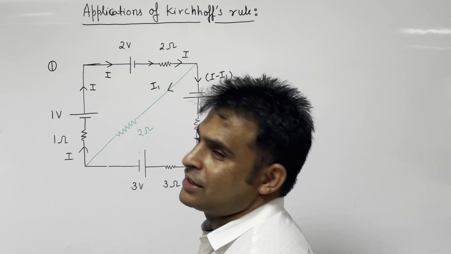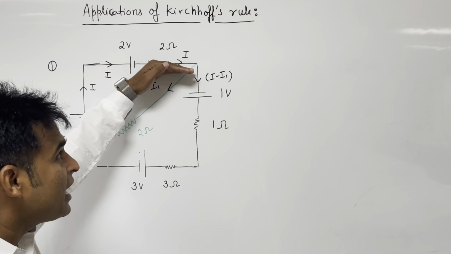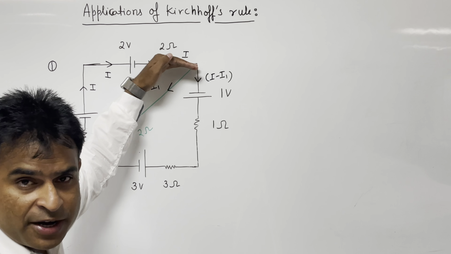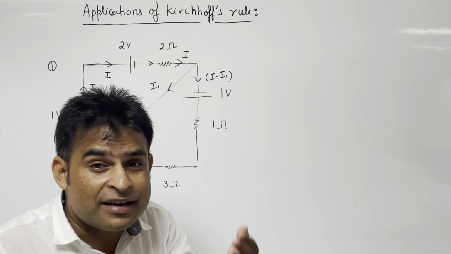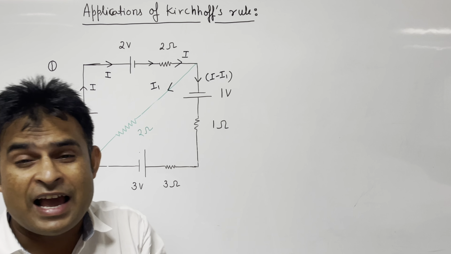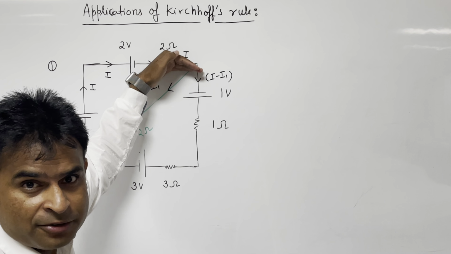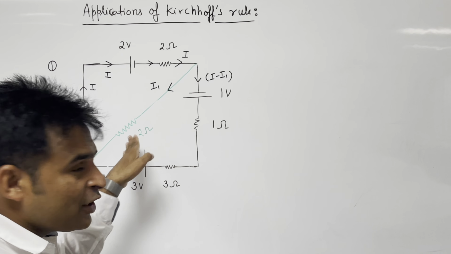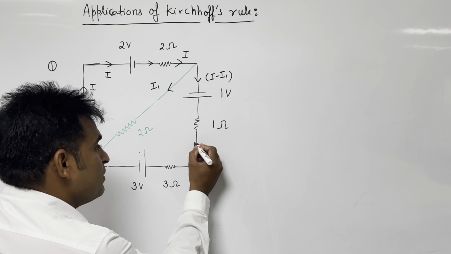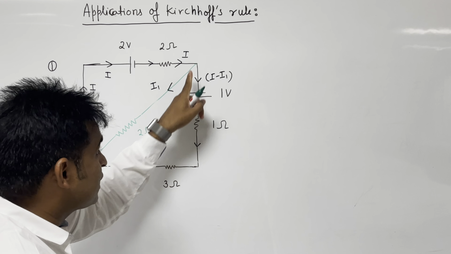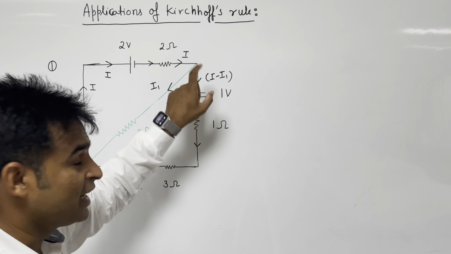Now I applied KCL. At this corner I applied KCL. Let's say 10 ampere current is coming from this wire, and 2 ampere passes through this wire. So what's the remaining current? Remaining current will be 10 minus 2, that will be 8. Exactly the same thing I have done over here. If I current is coming from that and I1 current going there, so what is the remaining current? I minus I1. So I minus I1 will be the remaining current at this point. And by the way, that law is called KCL. KCL: incoming current should be equal to outgoing.